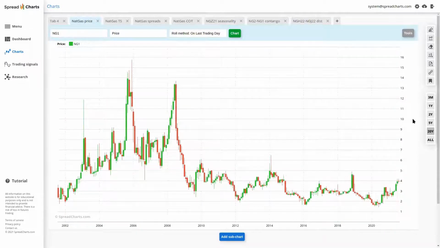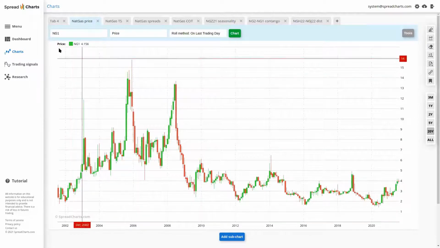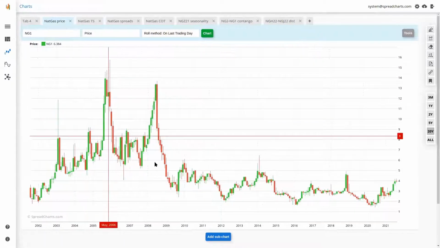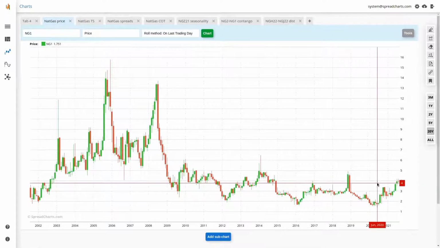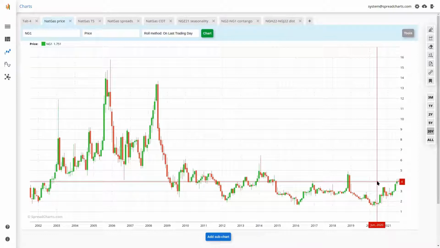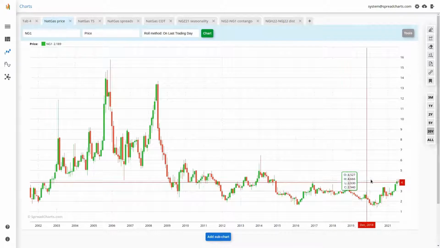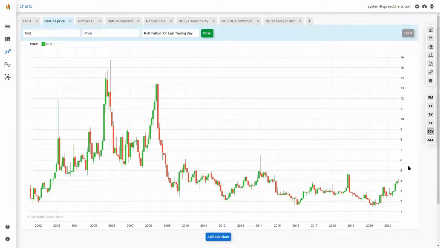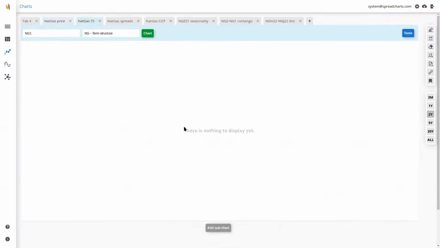So keep that in mind. But we can see from the long-term overview that Nat Gas is becoming quite expensive. We are at $4 right now, which over the previous decade was the level where the price tended to turn lower. It will be even more obvious when I show you the term structure chart for the Nat Gas,